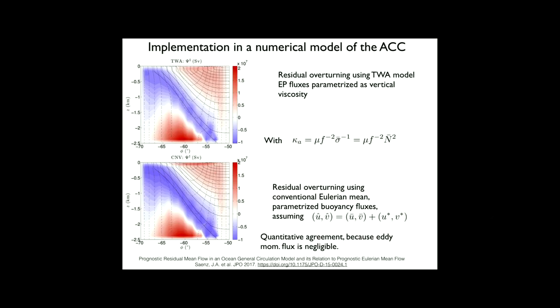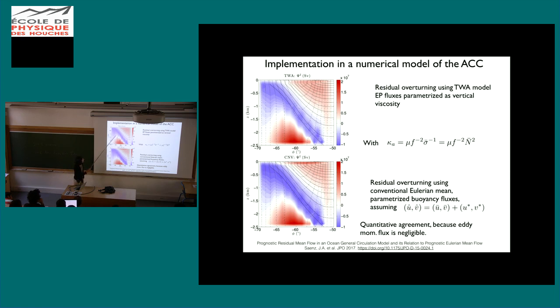So anyway, these people at Los Alamos coded this up in a numerical model of the ACC forced by surface wind and surface buoyancy, in a channel, I believe, and they compared the results of this formulation using the residual, the thickness weighted average formulation. And of course what you have then as a result, in dashed lines, is the zonally averaged zonal velocity, thickness weighted of course,